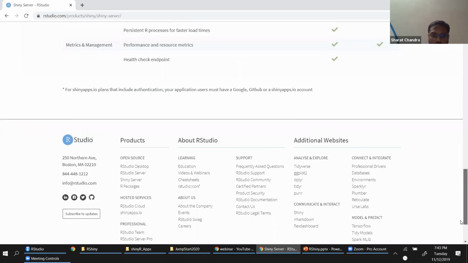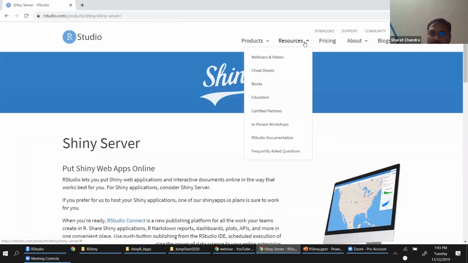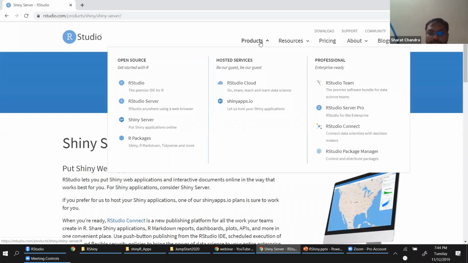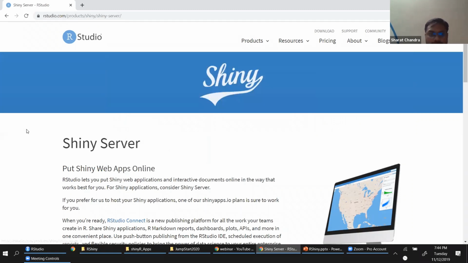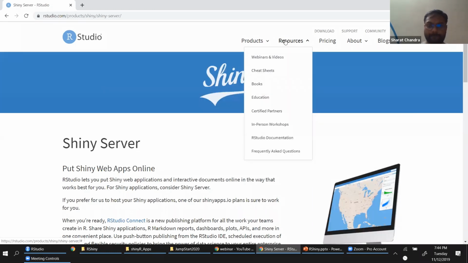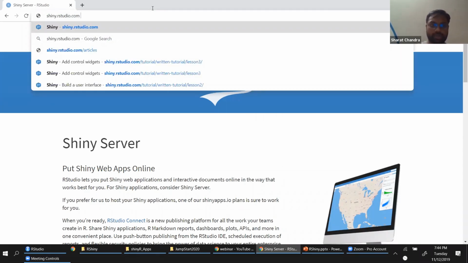This is RStudio support. Okay, Shiny server. Why am I not able to find the documents? Okay, give me a minute. Let me just search here. Shiny.rstudio documentation.